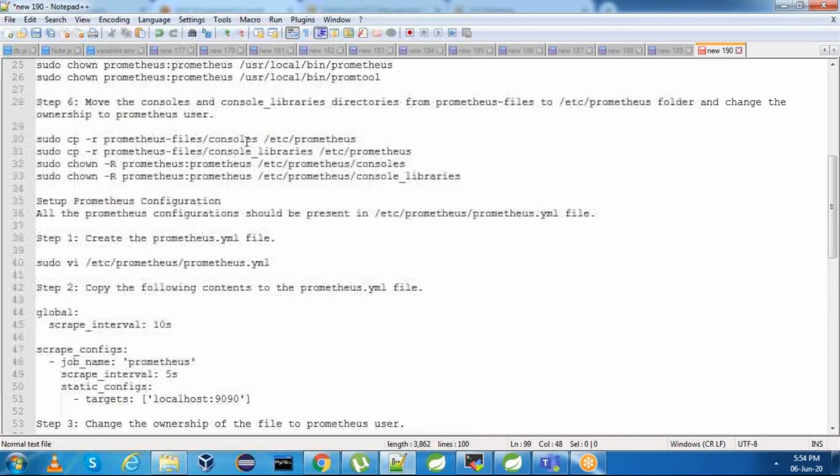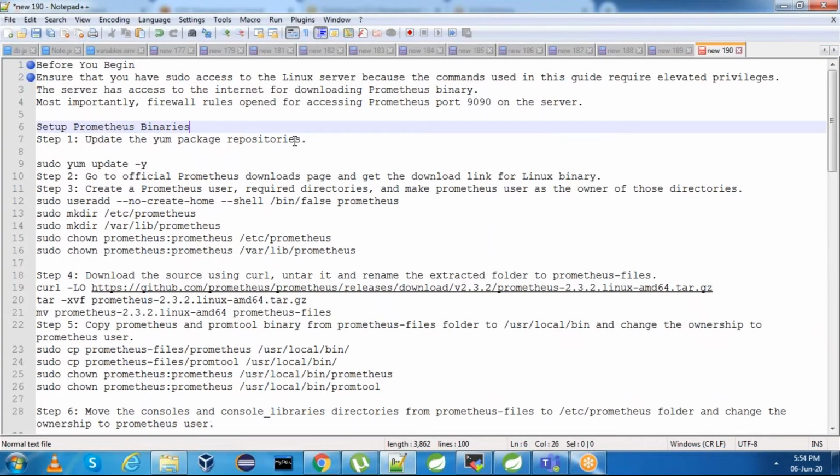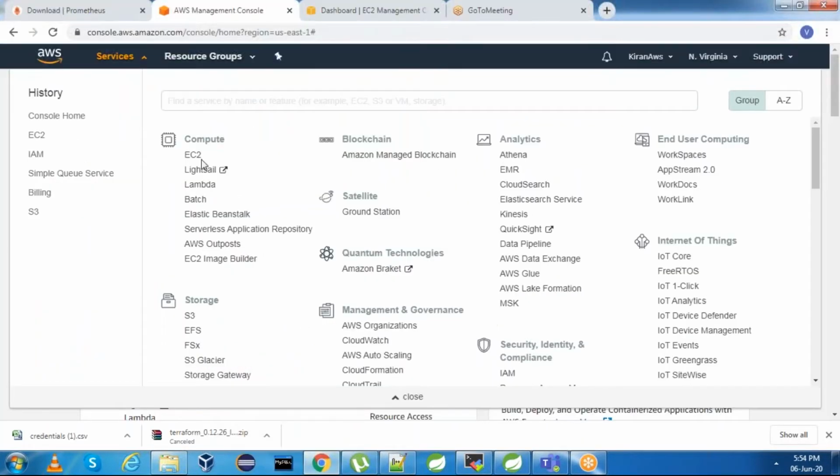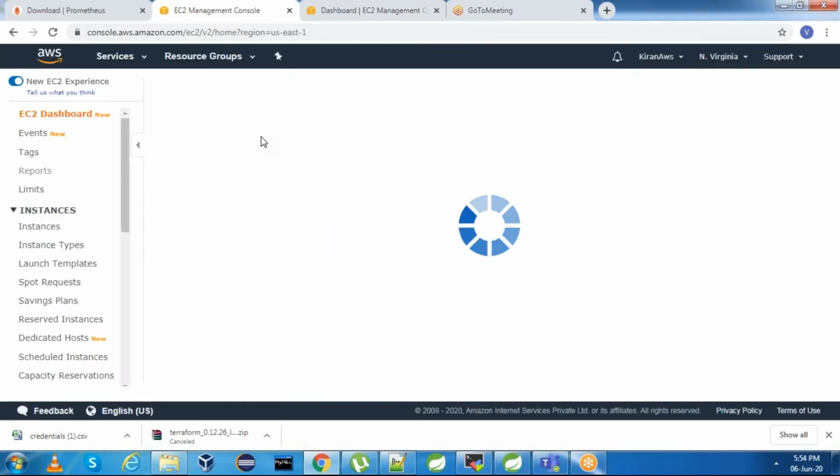Let me show you what I'm going to do quickly. First, I will create a server. I will update the system. Then I will create a couple of directories and add the permission. We'll get started with these steps and we'll do one more. I'm going to create an Amazon EC2, Amazon Linux 2 instance, and we will do the steps one by one.